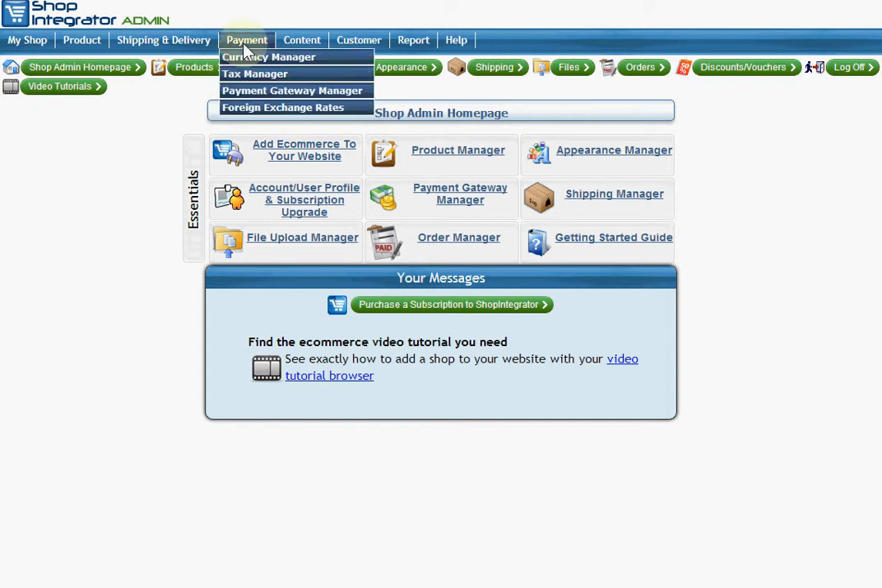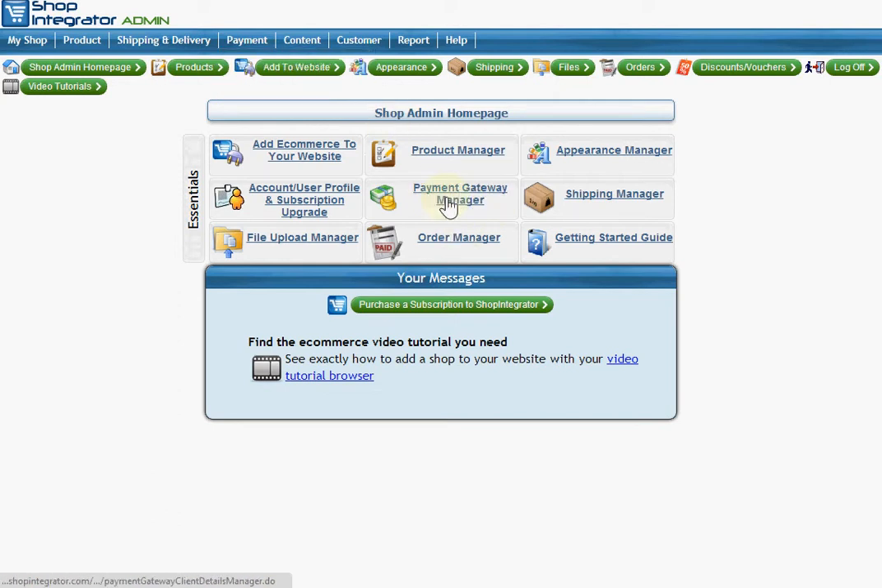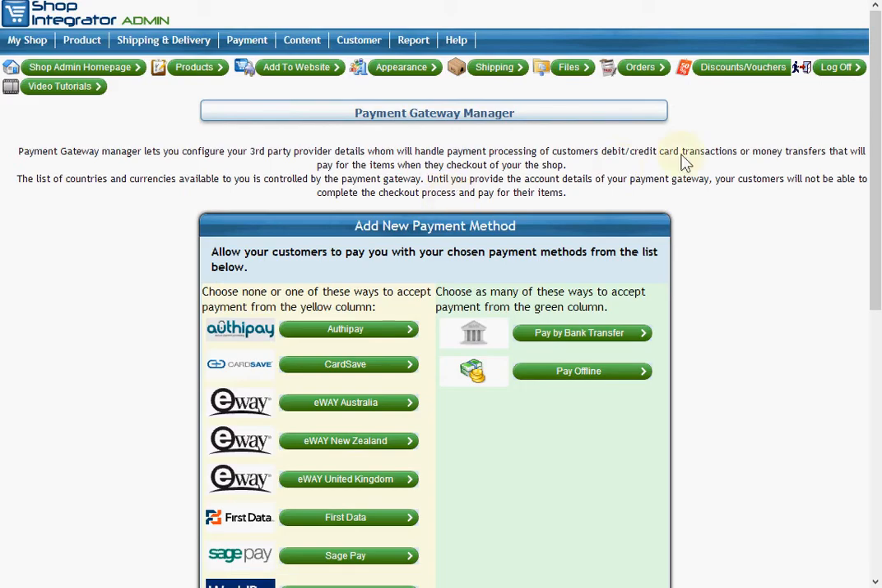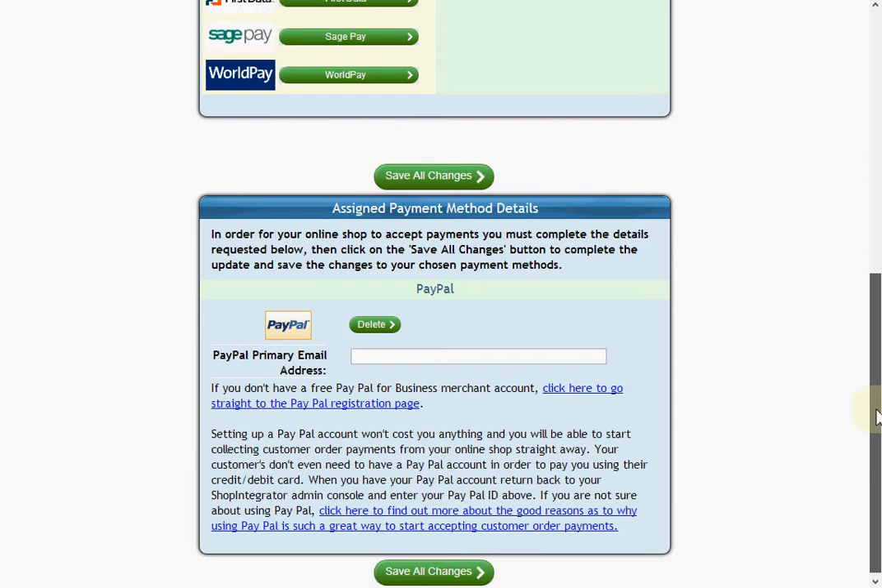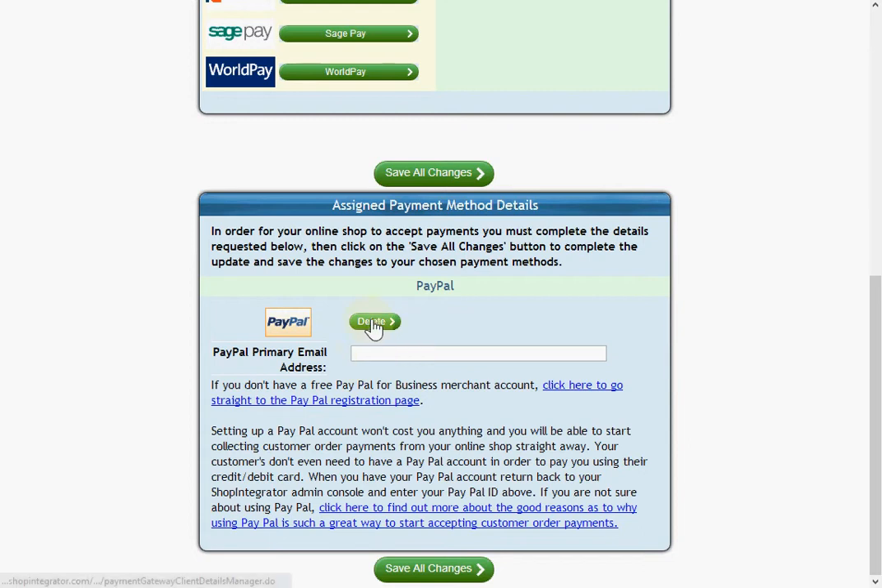We do that through the payment menu, through the payment gateway manager, or the quick link from payment gateway manager from the shop admin homepage. So when we go into the shop payment gateway manager, by default PayPal is already added. You can either delete that if you're not using PayPal, or simply enter your PayPal primary email address, and that's the email address you use to log on to PayPal, and click save all changes, and your shopping cart will